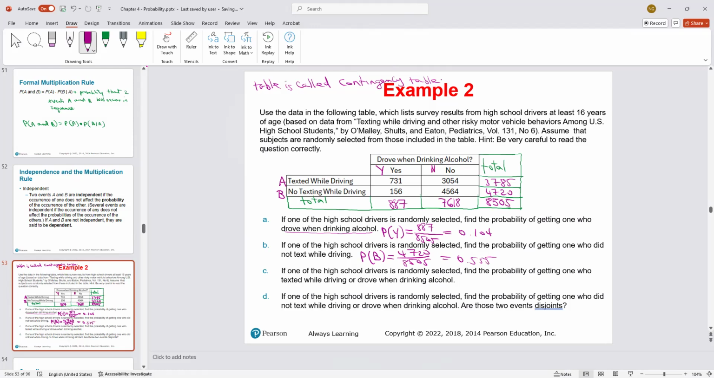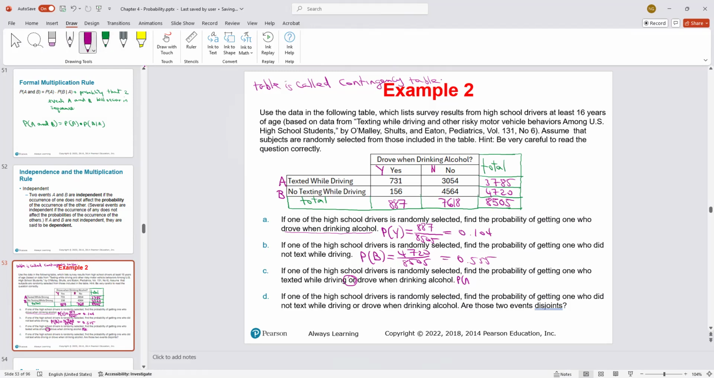All right. Now, you see, the totals are very important. We take the whole total. We don't focus inside of the cells, right? I mean, the one in the middle, the one that is given. If one of the high school drivers is randomly selected, find the probability of getting one who texts while driving or drove when drinking alcohol. What are the letters? Probability that you text while driving, we call it A,